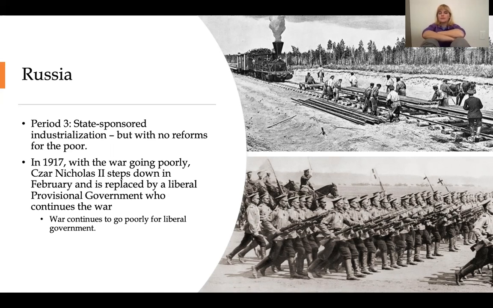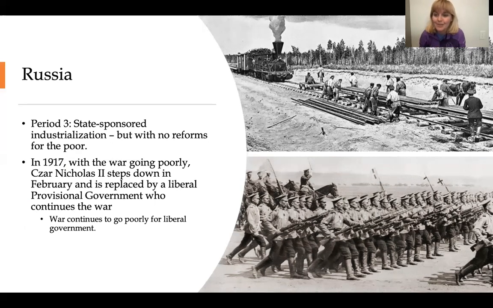So in 1917, because the war is going so poorly, Tsar Nicholas II is going to step down. Okay, so he steps down in 1917. Let me emphasize, he is not killed, okay? Instead, he is replaced by a liberal provisional government. So it's kind of similar to a democracy, okay? Part of the thinking behind this was if the Tsar goes away, we can actually have more success in this war because we've got people who are elected to run, okay?